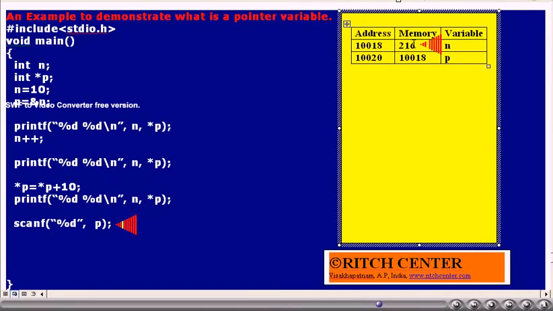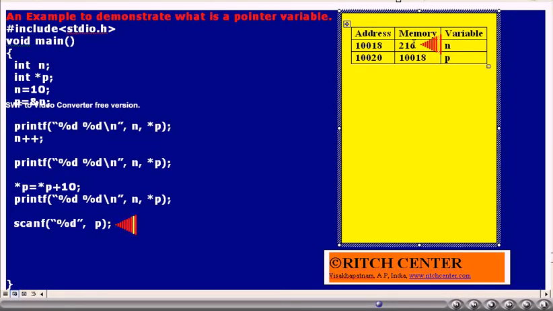In place of p, just consider that 10018 is written there, which means scanf considers that it is supposed to take one integer from the keyboard and store it in memory location 10018. What is this 10018? It is the same as the memory of the variable n. Thus, this statement is exactly the same as scanf %d ampersand n.